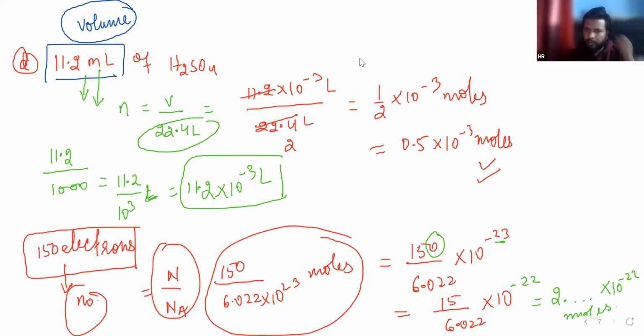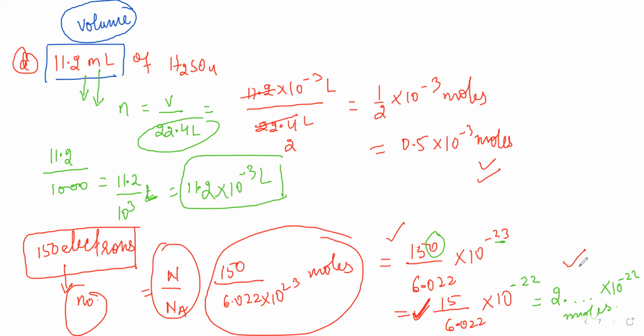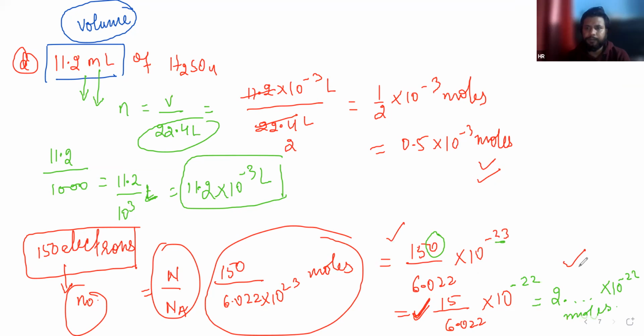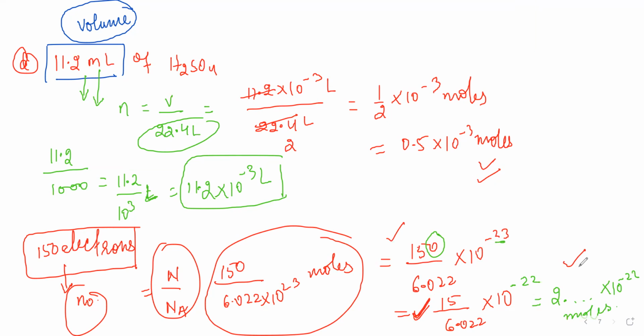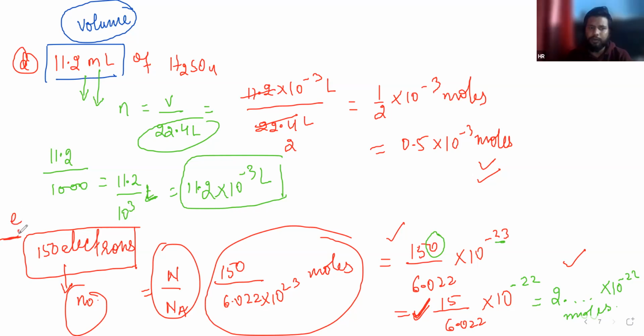According to the option, if you are giving a subjective paper, you can leave it here. It will be better if you leave it here or here. Best. Krishna, yes, sir, got it? Done. Yes, sir. Done, sir. Okay. Akarsh, yes, sir. This one is the last part, 150 electrons.